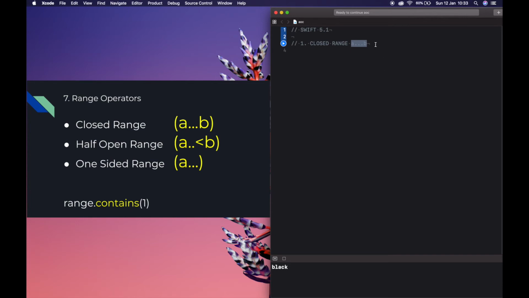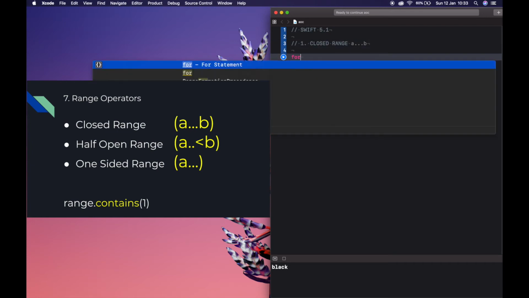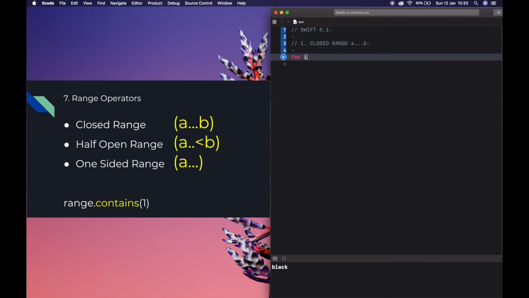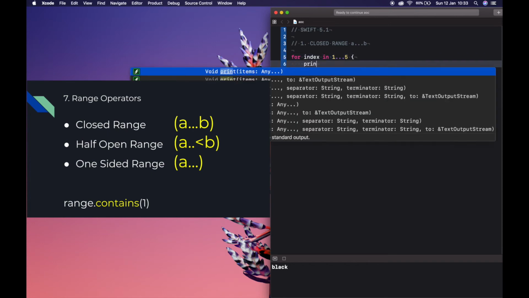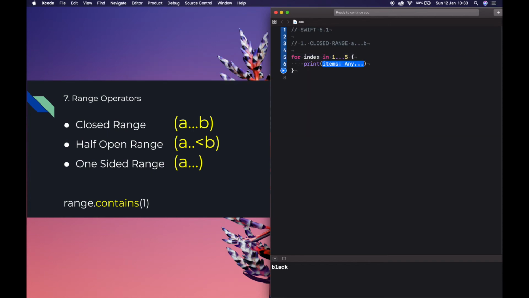For example, for index in 1...5, print index. In this case, it will print the values from both a and b. See, all the values are printed.